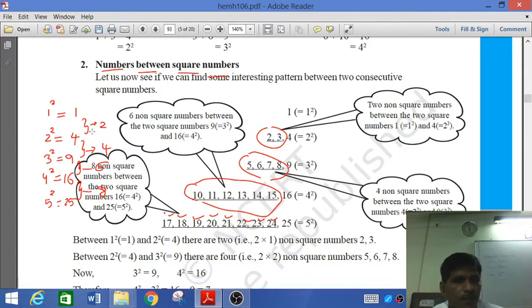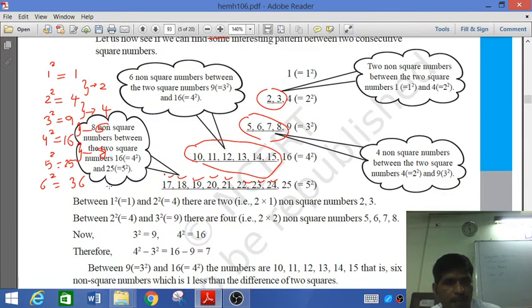to find it out? It is very difficult, every time we cannot write all the numbers between 25 and 36. But now from this we can know. So now the question is between 1 and 2. I am writing it here. The first number is 1, so we have to write 2n. So 2 into 1, so 2 numbers are there.